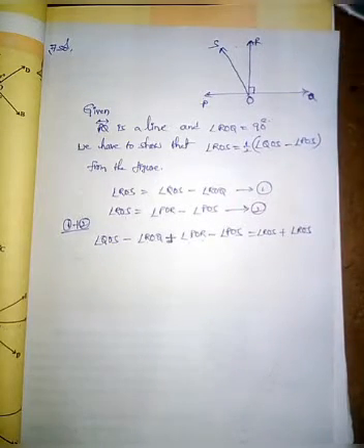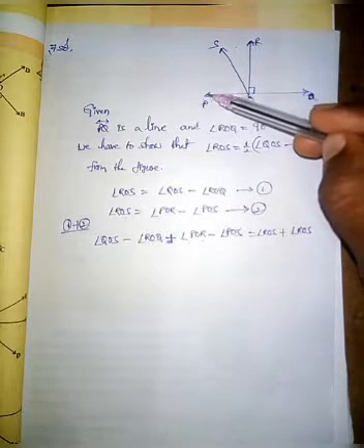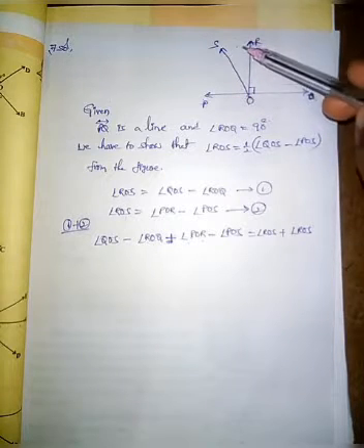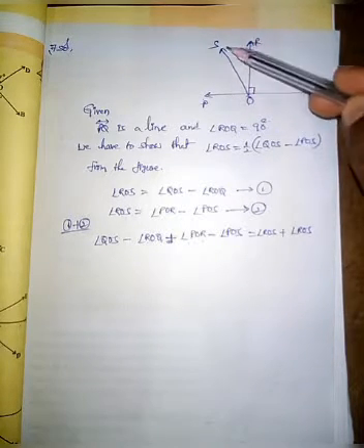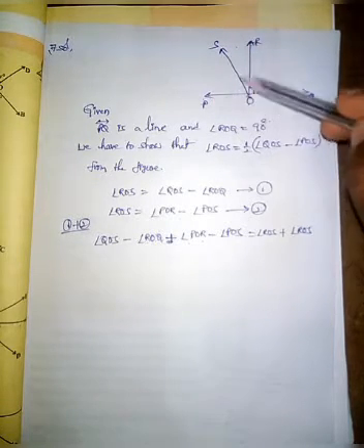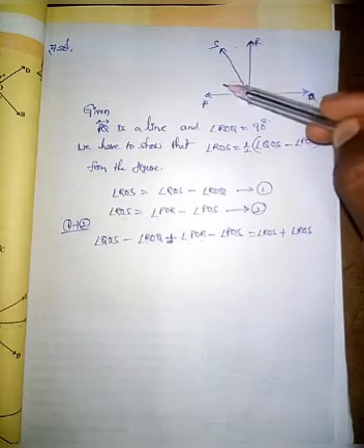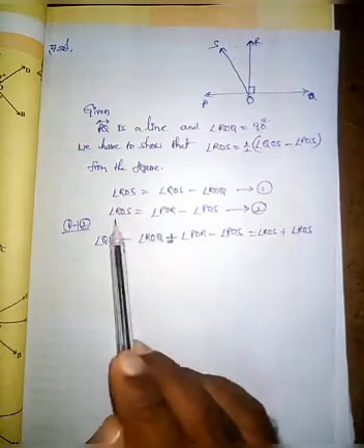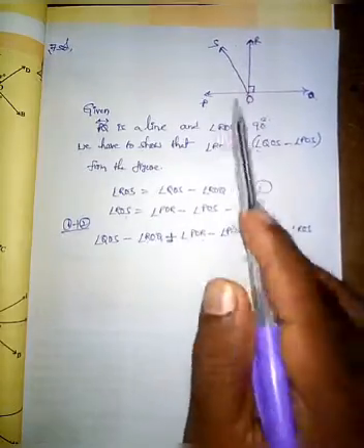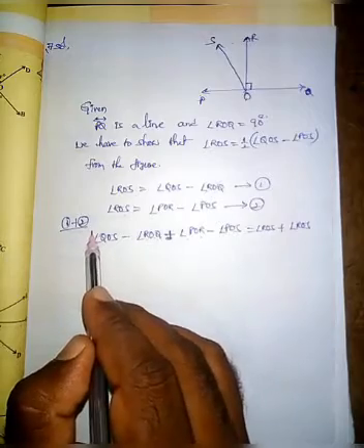And you can write in another way also, that is angle ROS equals, you can subtract POS from the ROP or POR. If you want to calculate ROS, you can do it in another way also, that is subtract POS from POR. If you cut this part also, you will get this part. So I wrote the second equation, that is angle ROS equals POR minus POS, and this is equation 2. Now add equation 1 and equation 2.